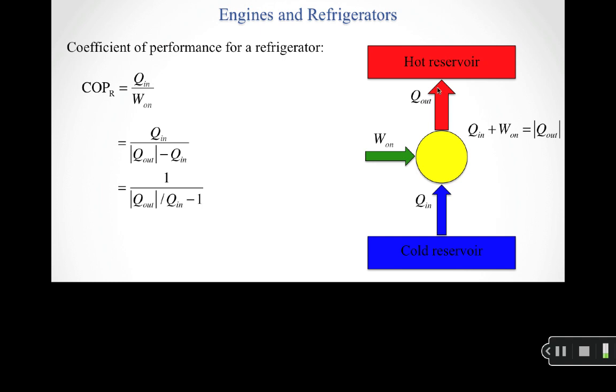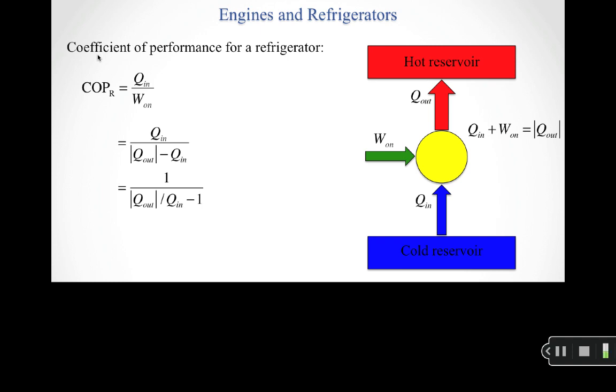The hot reservoir, in the case of your refrigerator, is simply your kitchen. The kitchen is at a much higher temperature than the inside of the refrigerator. So your kitchen is the hot reservoir, and your refrigerator is the cold reservoir. In this cycle, it's simply taking energy as heat out of the refrigerator as you do work on it and dumping it out as exhaust in the kitchen. That's how things stay cold within the refrigerator.